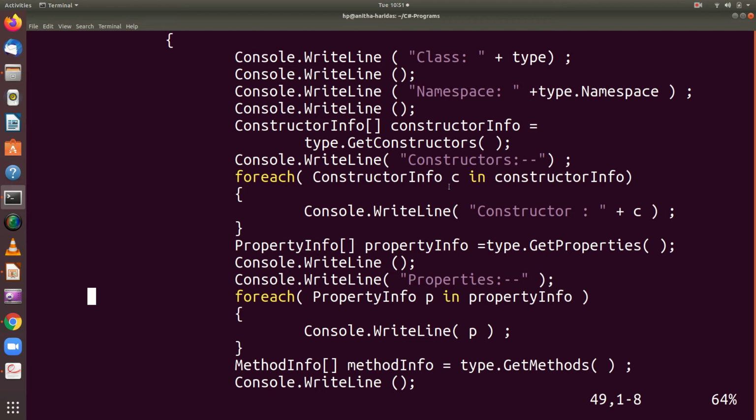So when I am executing the program, I am accessing the information about the constructor, the parameters, and the methods. That is the advantage of using reflection in the C# programming language, right?